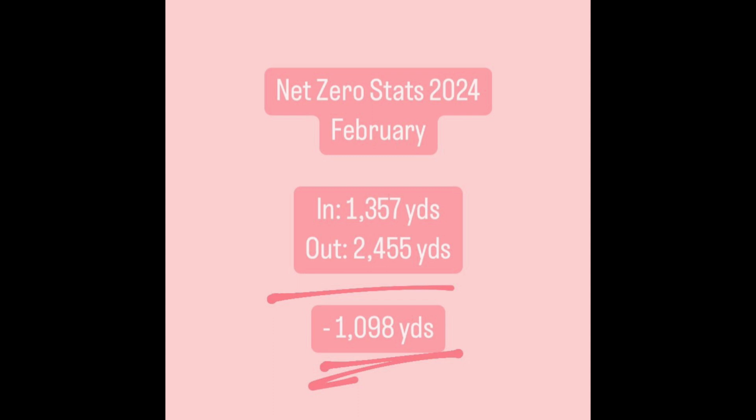So anyways, in February, I had incoming 1,357 yards. And I had outgoing 2,455 yards, yay, which results in a February total of minus 1,098 yards. So I did pretty good in February. I had next to no yarn coming in. It was just my February yarnable. And I also got